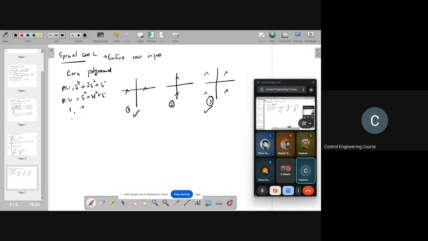So how do you construct a routh array, how do you complete it if an entire row is completely zero? First we have to form an auxiliary polynomial, that is an even polynomial. First you construct that even polynomial and then differentiate it with respect to s. Using the coefficients of that derivative, we will complete the remaining part of the routh array. Let's take one example and I will tell you how to do this.